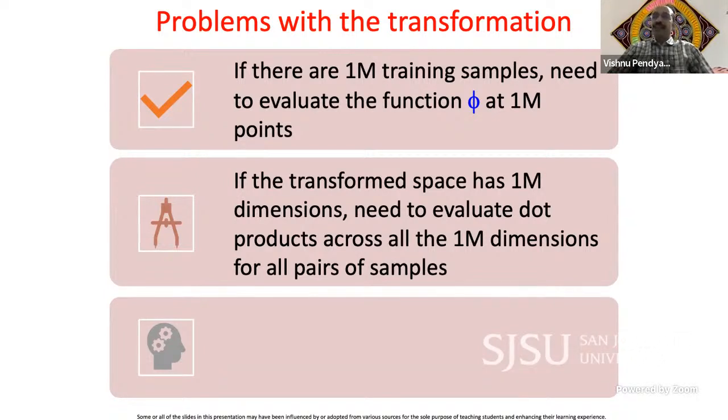Take the case of an image, right? An image has 2 megapixels typically. If each pixel is considered a dimension, remember we talked about support vector machines being useful for image classification. Of course, there's a feature extraction process and all that, but I'm just giving you an example to visualize. So 1 million dimensions is not too uncommon. If you have to compute dot products across 1 million dimensions, it's going to be a real problem. It doesn't scale well, so it's computationally infeasible. That's one set of problems.